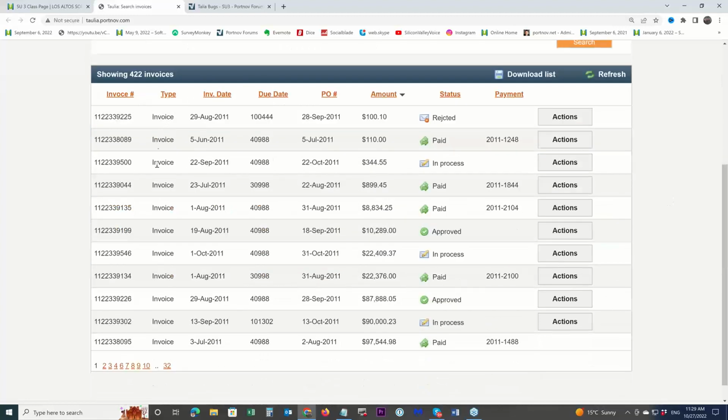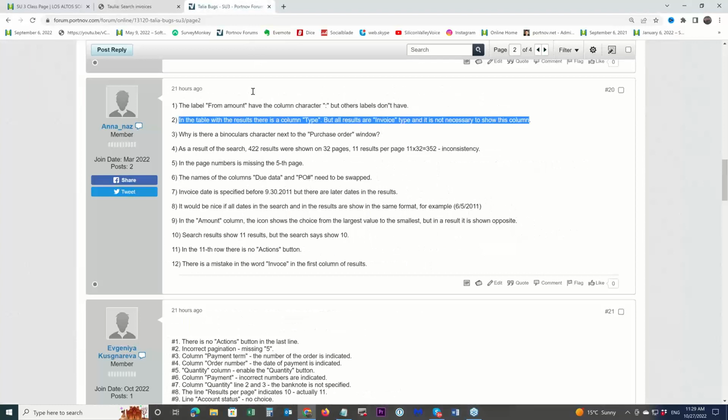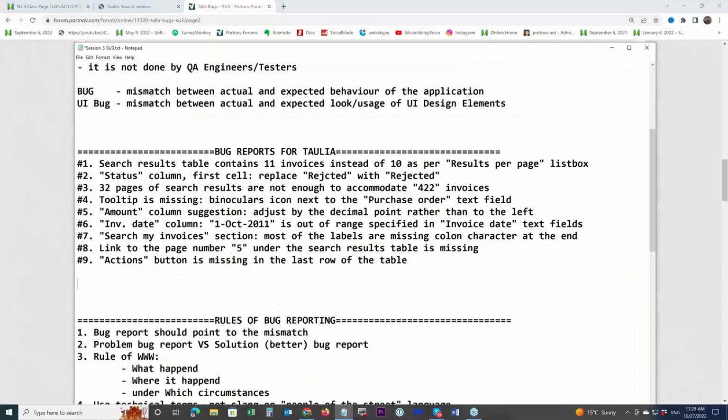And saying invoice makes no sense. They are all invoices, so it is redundant. Okay, very good. So what was your language here? Let's take your language and we will edit that. But it's a good observation, guys. Would you agree? It is a very nice observation.